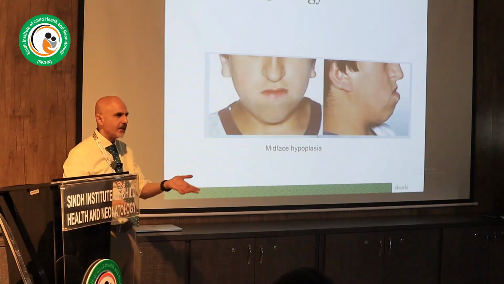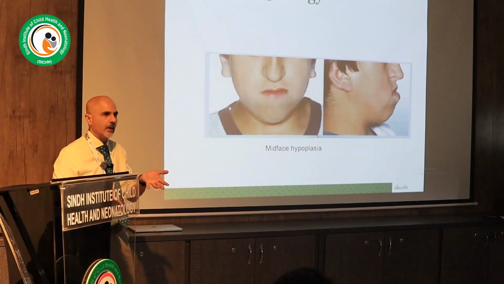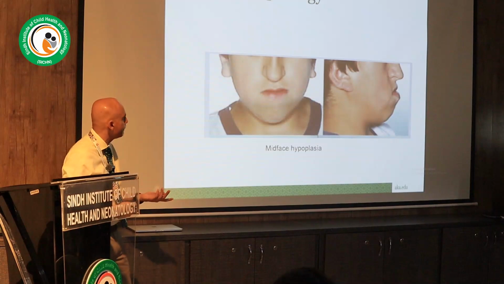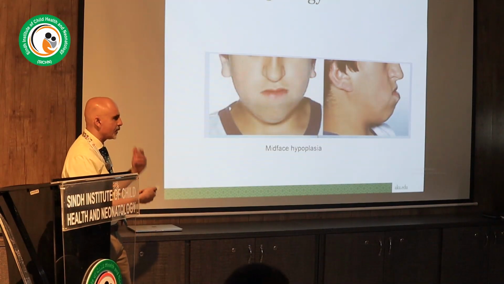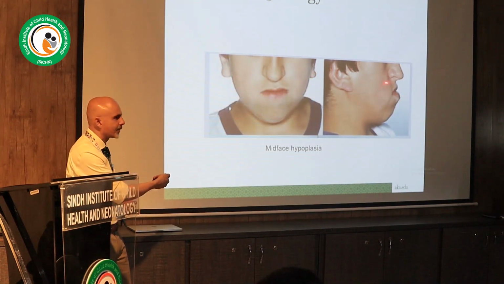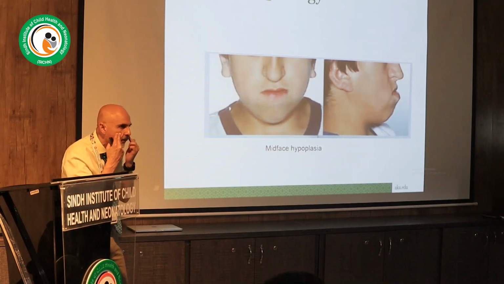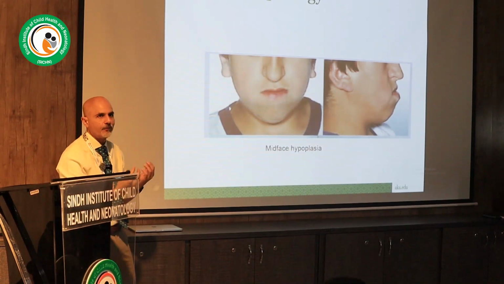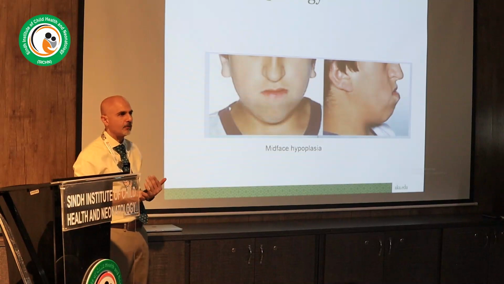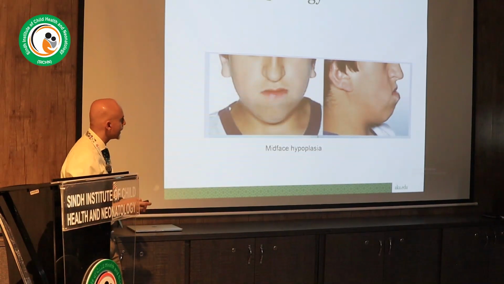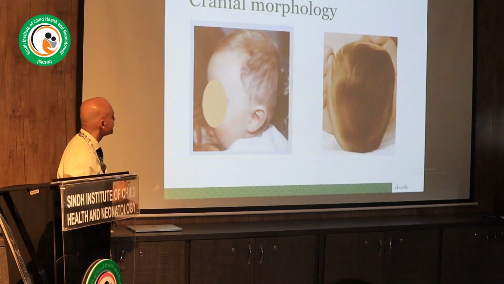So mid-face hypoplasia is something that usually people will either write in their notes or tend to pick up. It's not appreciated that much on a frontal picture, but if you look at the side view or the profile, you can see very clearly how the maxillary prominences have not come forward like they do. So this is called mid-face hypoplasia, and a number of conditions, including Down syndrome, can have that.